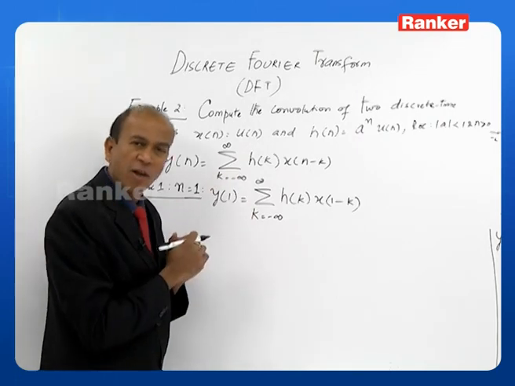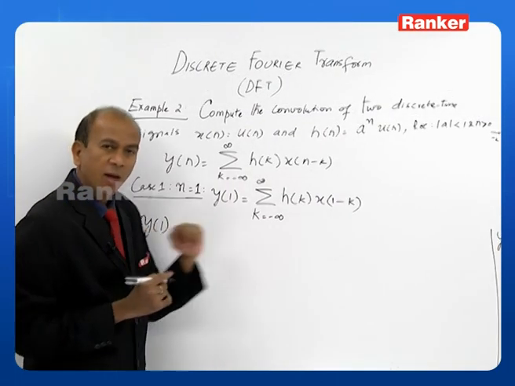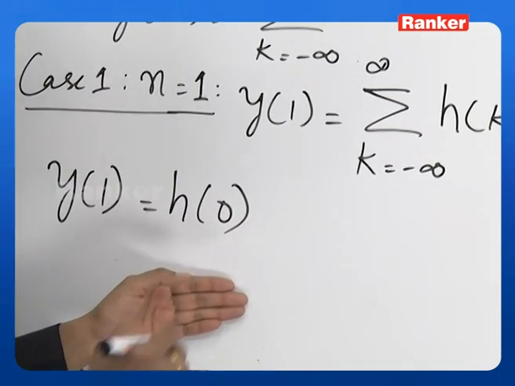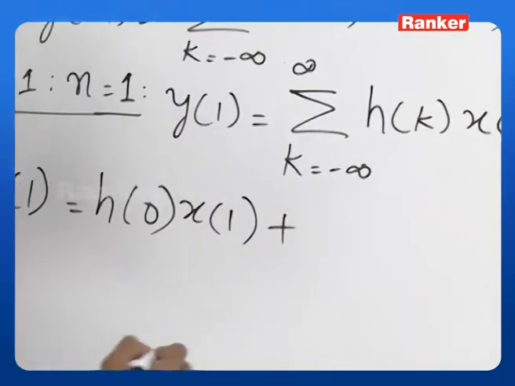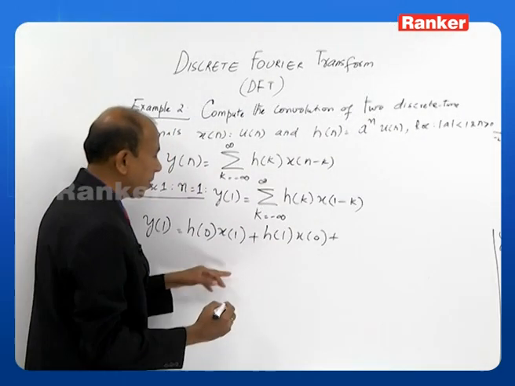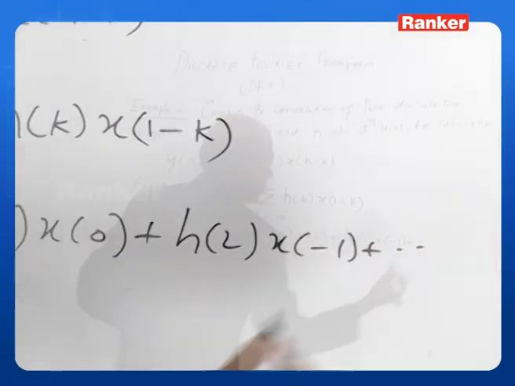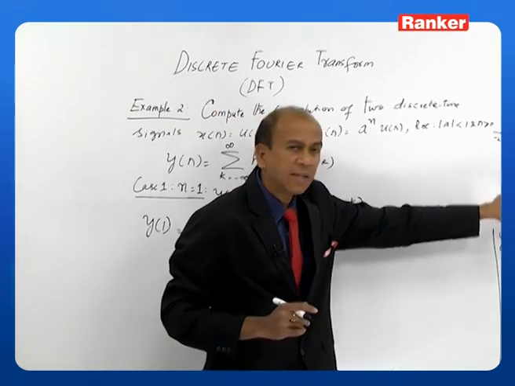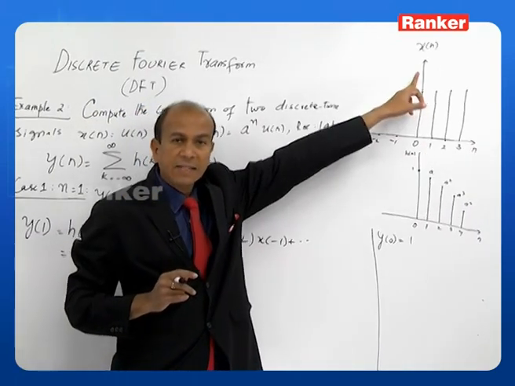Let us see now what is y of 1 here. Let us write down y of 1 is equal to, first let us take k is equal to 0. So, h of 0, x of 1 minus 0 is 1, plus h of 1, x of 0, plus h of 2, x of minus 1 and so on. Now, let us see what is h of 0 for us. h of 0 is 1 for us here. So, that is 1. What is x of 1 here? It is again 1,